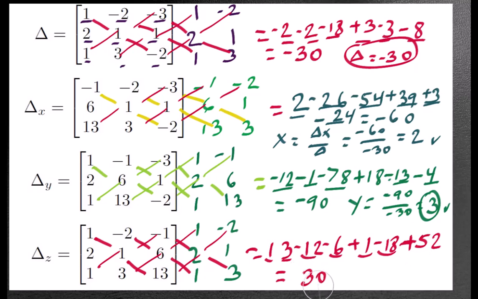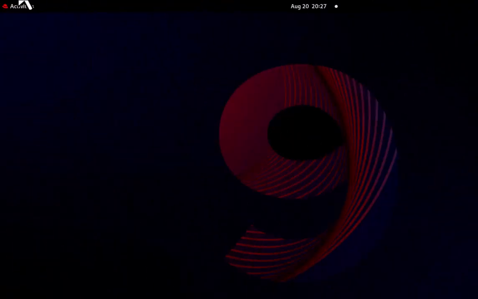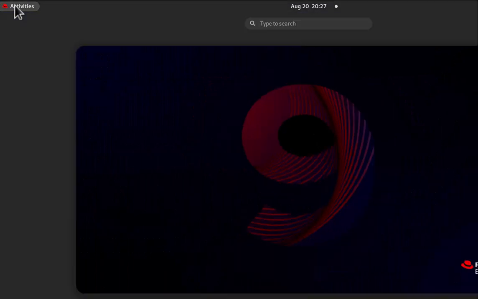So we get 30. Now we are going to use some tools that are used in the industry to calculate matrices. We are going to start with Octave. Octave, if you use MATLAB, is the same as Octave. Octave is the free version actually. It does the same thing as MATLAB, so we are going to just launch Octave from this